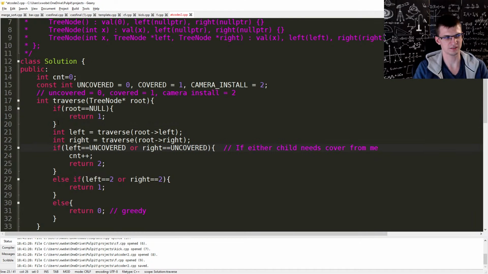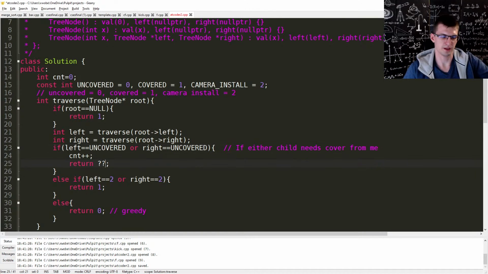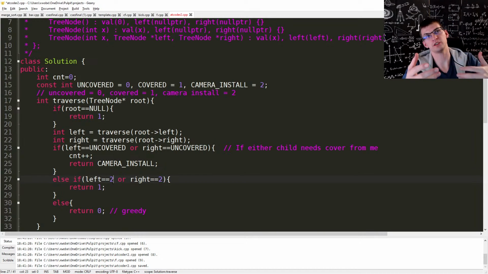Do this. Then return. And here, I could just say camera install, because I see that this is 2. But let's instead figure this out. If one of my children is not covered, I need to have a camera here. This is why I increase by 1. And this exactly means I have a camera. Else, if I'm covered, so if one of my children has a camera,